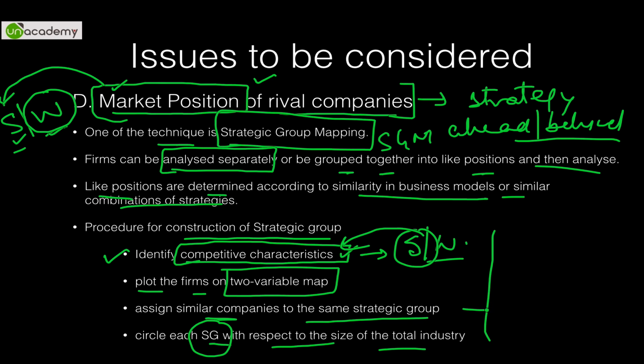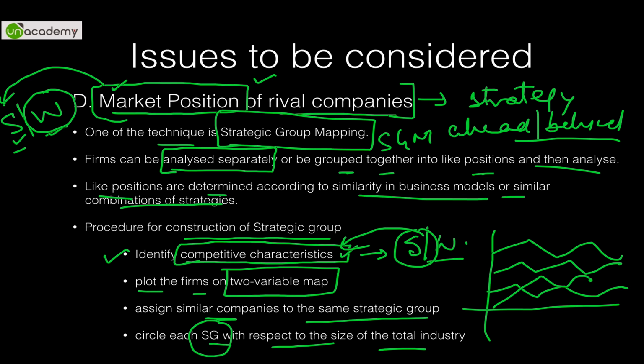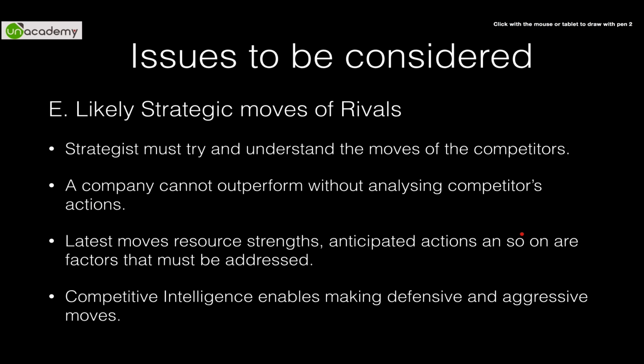So it is determined on this basis and mapped, showing that many companies are falling here, or falling in this way. So they will be mapped: where they are, what the industry size is, how they are functioning, etc. This will lead us to understand the market position of the rival companies. According to this, how should we shape our strategies?